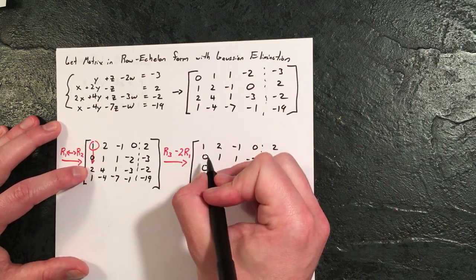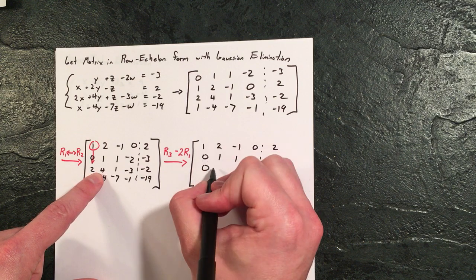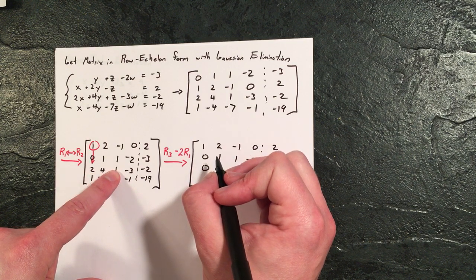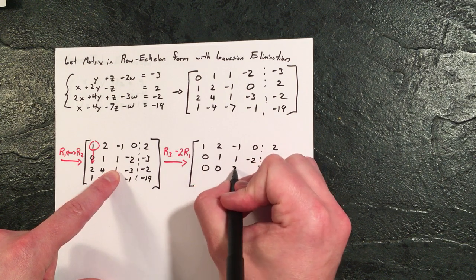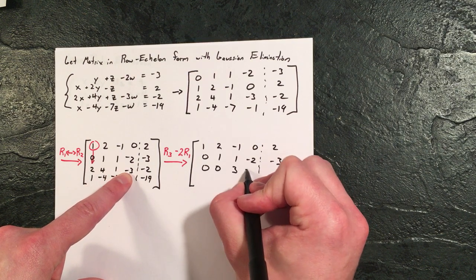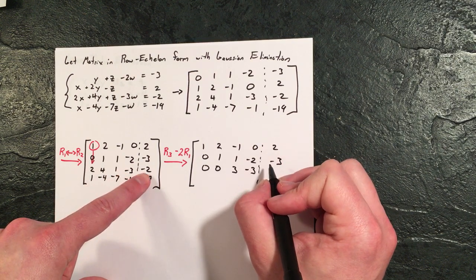Subtracting 2 here. Subtracting 4 there. 1 minus, plus 2, really. So this is a 3. Still have a negative 3 here. And then this one is negative 2